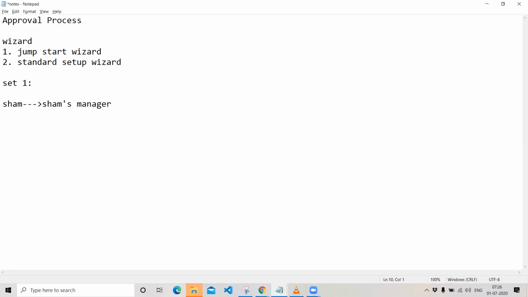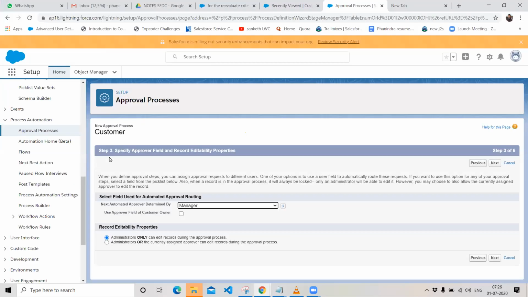Now, if the record owner is Ram, in that case, to whose manager will it go? In my situation, the record is created by Sham. Since I chose the approver as manager, it will be directly submitted to Sham's manager.